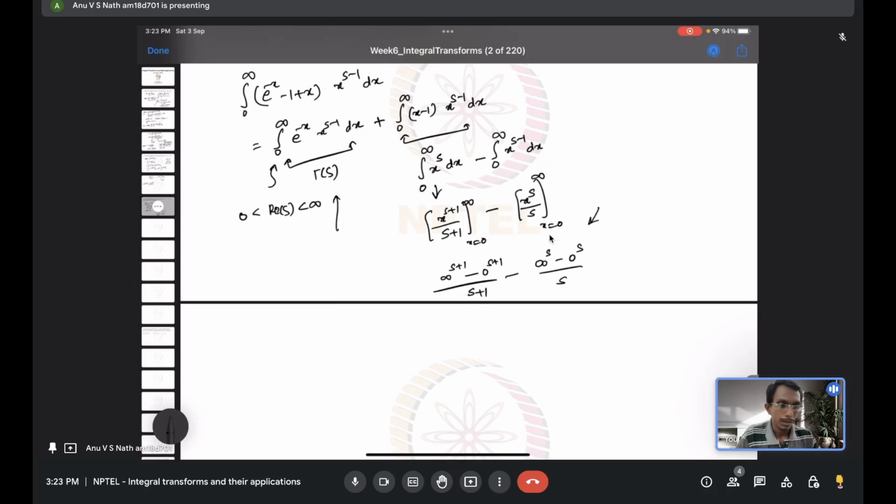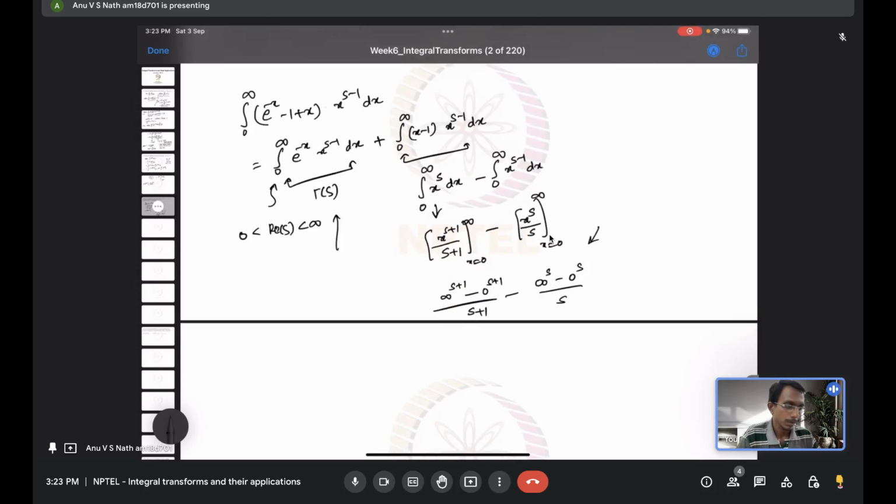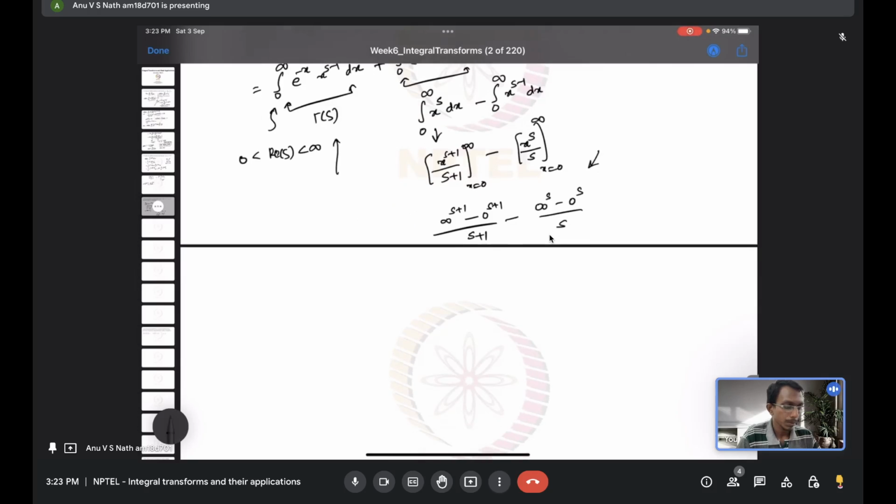We don't want an infinite answer, we want a converged answer. That's why it's asking for the region of convergence. The first term is actually a gamma function, the second term is some infinite value, and the third term is also some infinite value. We don't want the infinite value, so for that